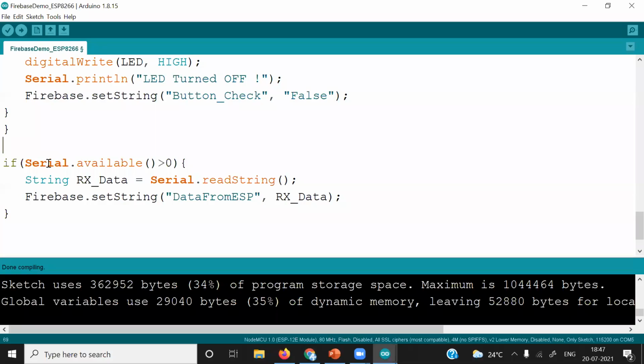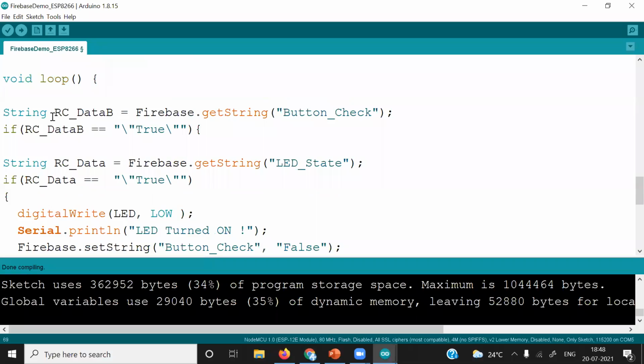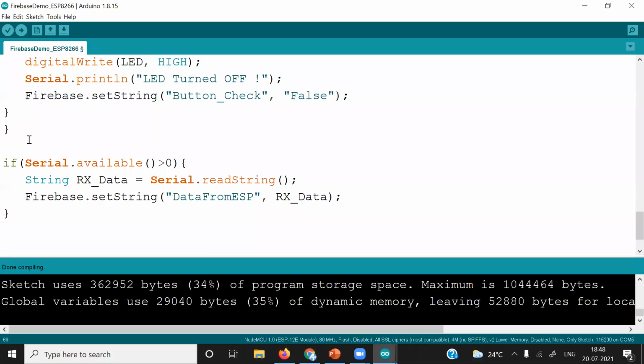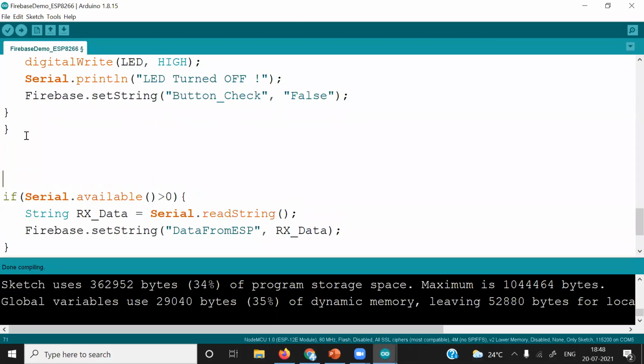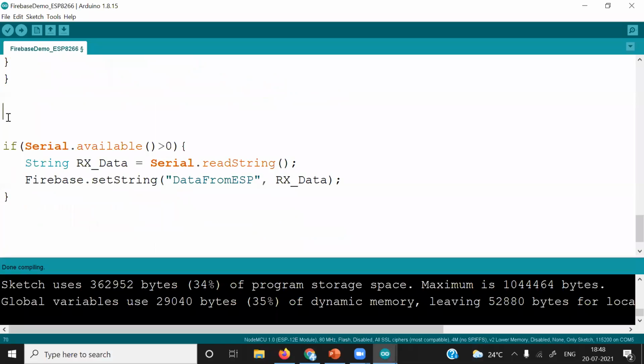They should not depend upon each other. Whether you are receiving data or not doesn't matter. If you are receiving data serially, you must put that data on the cloud. That is the reason we have not put this if condition inside the first if condition. So we have isolated two blocks of code. I will just make some separation and add some comments.